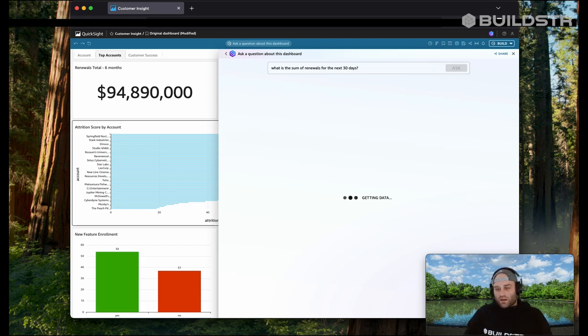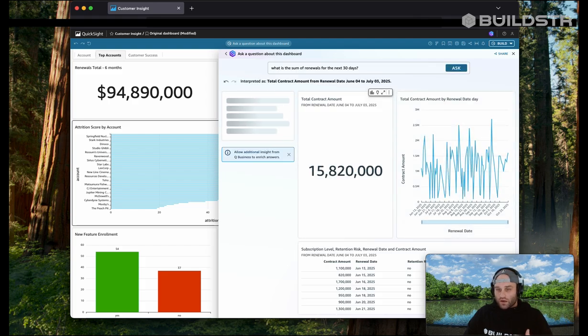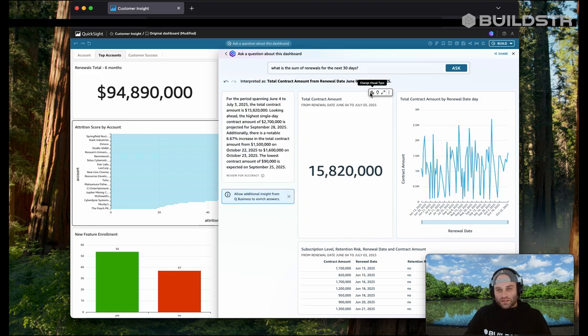Now Q for QuickSight is going to go look at the data sets. It's going to go crawl that data. It's going to understand it a bit. Then it's going to come back not just with an answer, but with a visual. So you could see, just like any other constructing of a QuickSight dashboard, you're right into being able to change